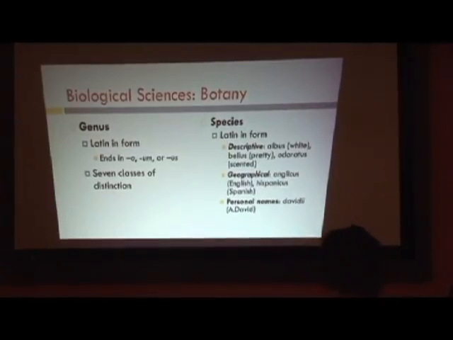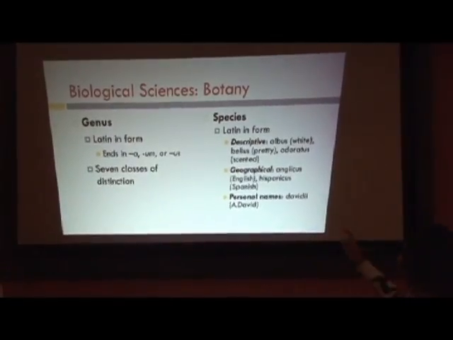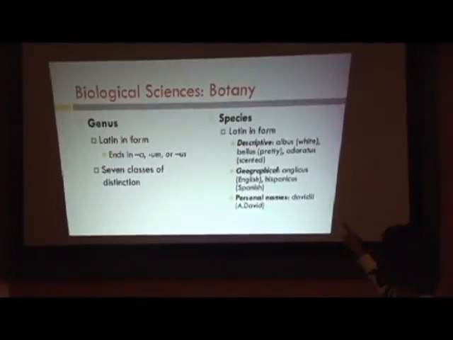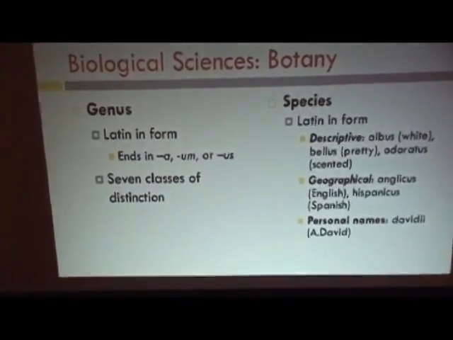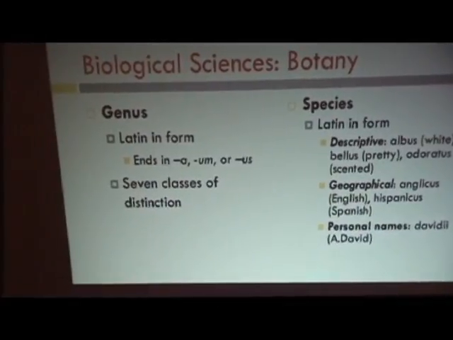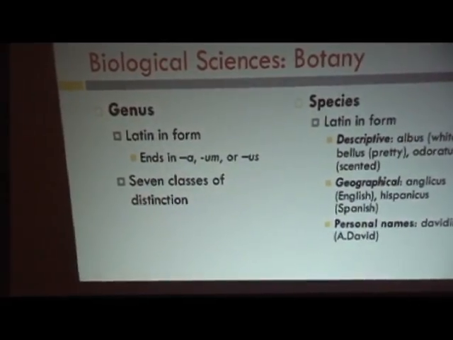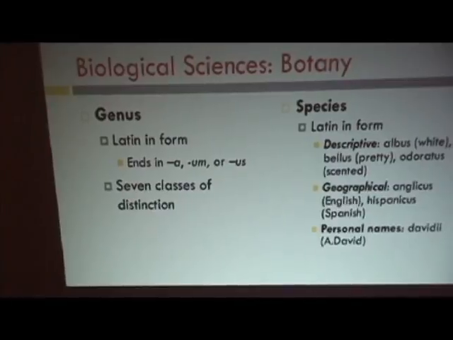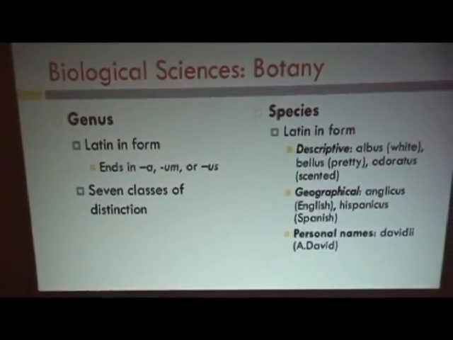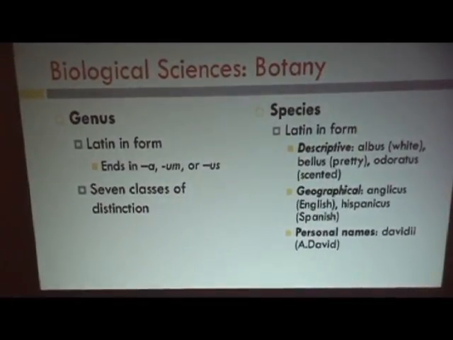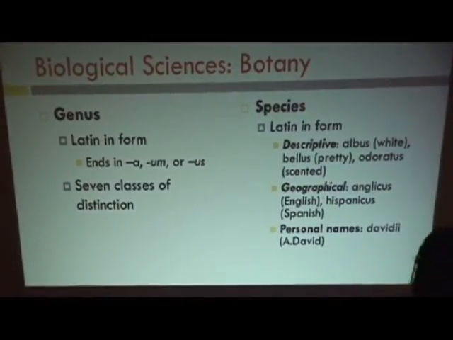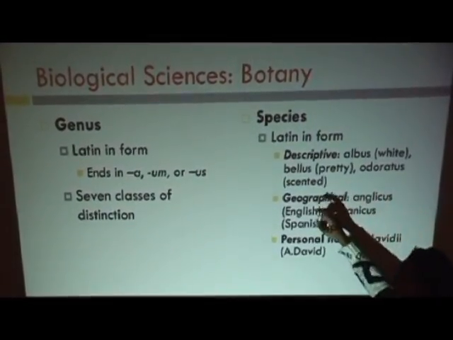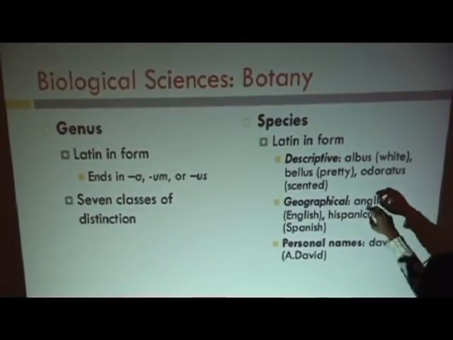The genus is Latin as well, and it ends in A, UM, or US. There's 7 classes of distinction that you would have for genus. Again, genus was like when I said Rosa, telling me that the genus of this particular plant is a rose. And therefore, what's left is the species. So that's where you get more descriptive. It's also Latin in form. For example,